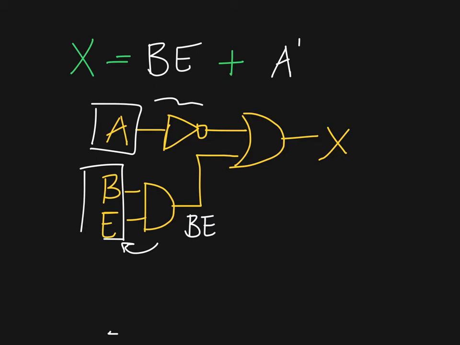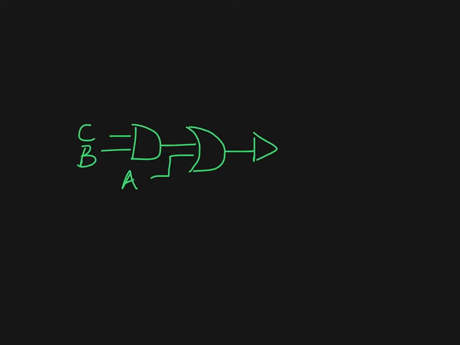Let's have a look at another one. So in the second example, we have an AND. We have two inputs, a C and a B. Then we have an OR gate, and there's an A going into there, and then a NOT. Now the NOT at the end is quite a tricky thing to think about. So let's take it in sections. We start with the first gate, this first bit here. That's an AND gate, so we've got a CB